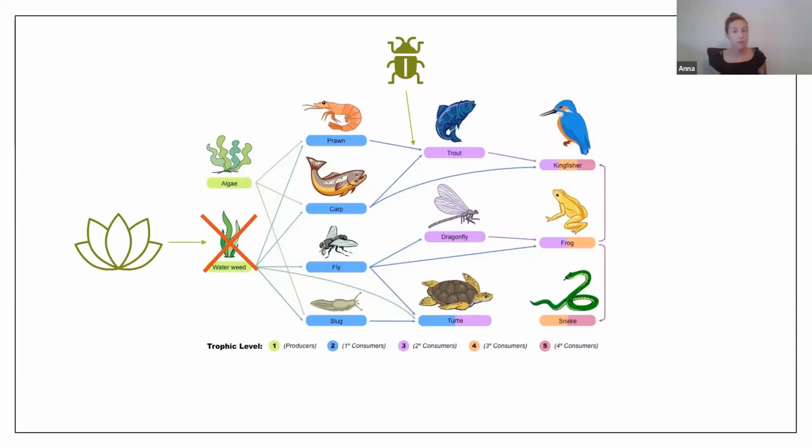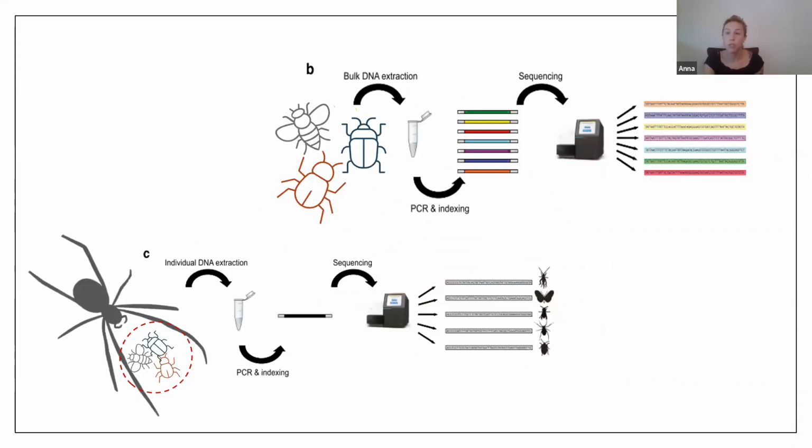And so when we're thinking about invasive species, often studies are looking at one or a handful of taxa, but we know it's a whole network that's responding, and entire ecosystems are responding to the introduction of one or more taxa. And so it's really important to think about a community level approach when we're studying the impact of invasive taxa. And with meta-barcoding approaches and some of these sequencing methods, we can do that in a way that we haven't been able to in the past.